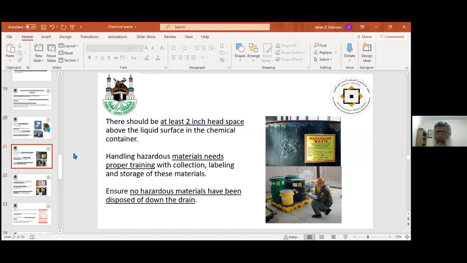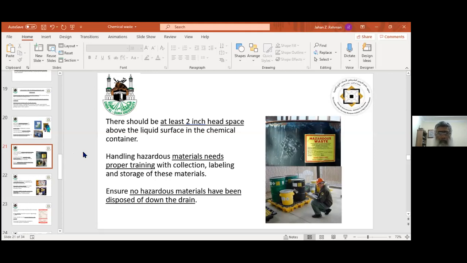So you have to leave an empty space over the chemical in a canister. It is for liquid and it is also for solid chemicals, because there are some chemicals which convert directly from the solid state into vapors. It means if you put the chemicals in a tray, then after some time you will see that there is no chemical, because they convert into vapor directly from the containers. So you have to leave empty space even for solid chemicals.